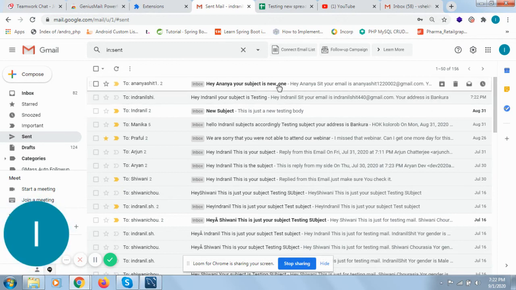Okay, so we are seeing that we have added two different email IDs in a single compose view, but it's sending this mail separately. Why is this? Because we don't want the other person to see to whom you have sent this mail.